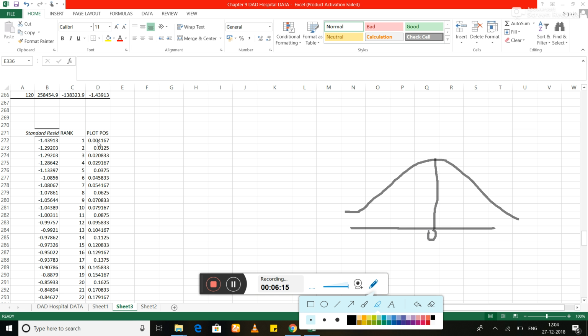Now what exactly is this 0.004 telling you? For a standardized residual value of minus 1.43, somewhere here, this 0.004 is giving you this area.